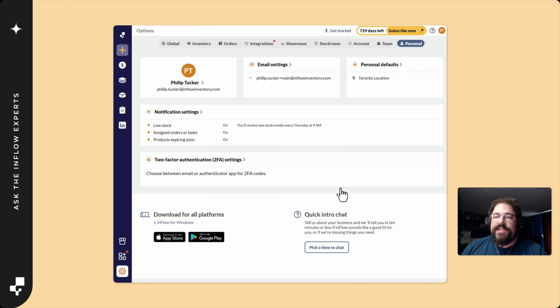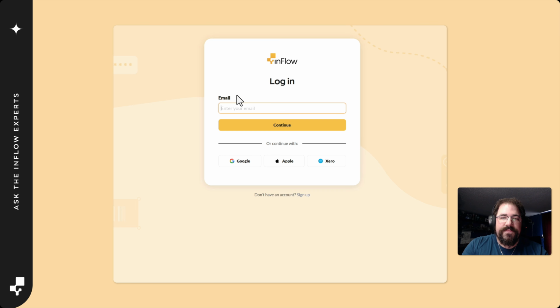Simple as that, you've actually got it set up. I can just show you really quickly. Basically now what it'll do when I go to log in,